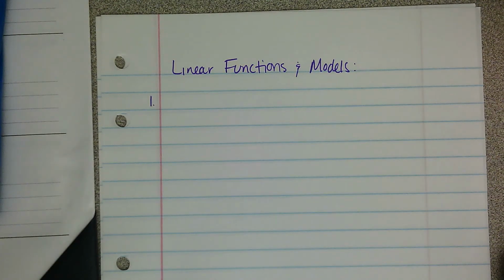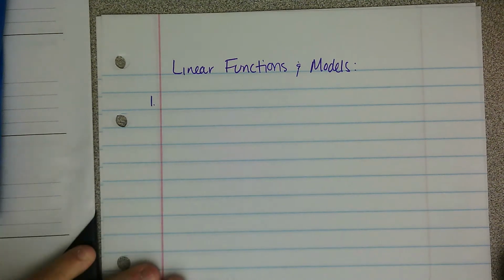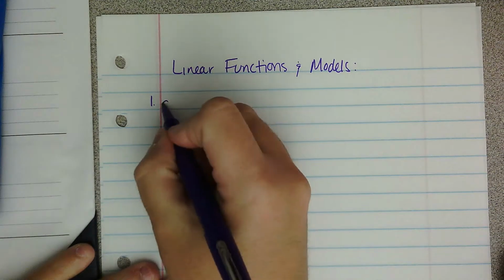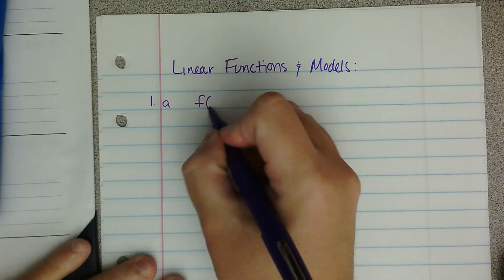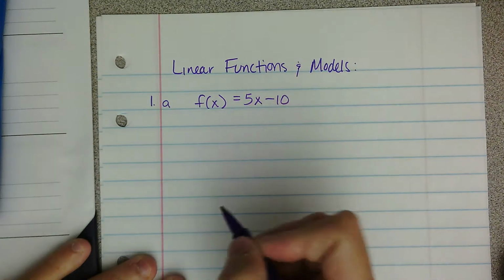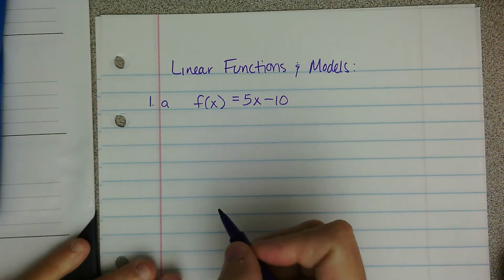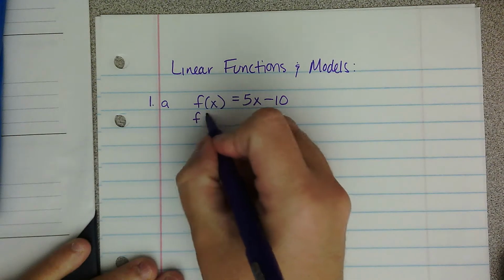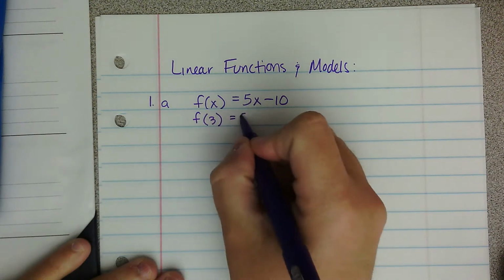Okay, so we're on the linear functions and models page, and you were asked to do questions 1 through 3, so we're going to go through them pretty fast. The first thing is that for 1a, they give you a function f of x equals 5x minus 10, and the first thing they ask you to do for part A is find f of 3, so you're just going to plug 3 in everywhere you see an x,